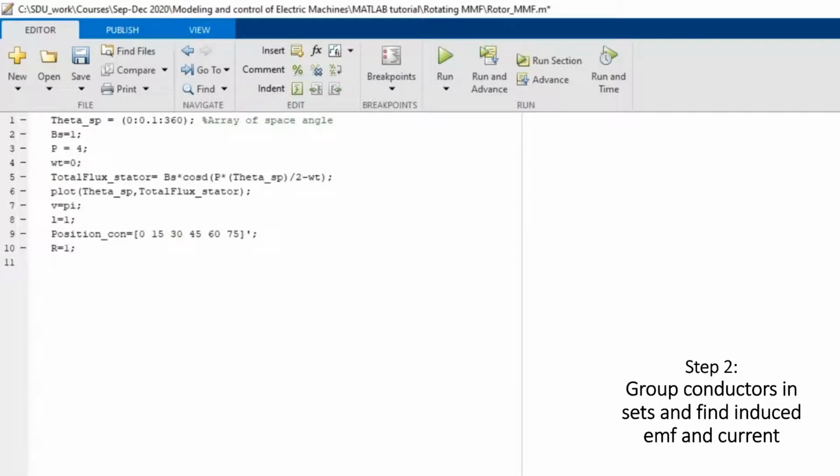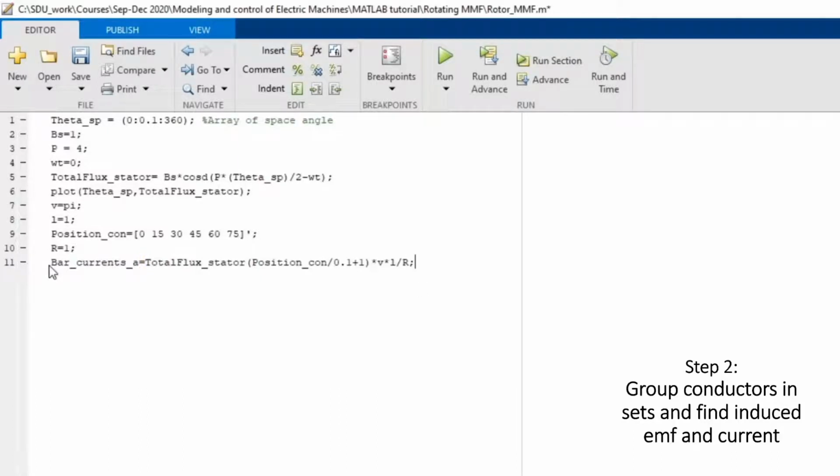So the current in the conductors of a set is given by this: this is the flux density at the position where the first conductor of a set is placed. This multiplied by velocity multiplied by length of the conductor, it is BVL, it is the induced EMF, divided by resistance of the conductor will give you the current.